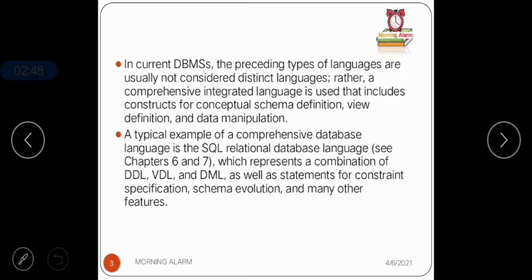A typical example of a comprehensive database language is the SQL Relational Database Language. In this language, we have a combination of DDL, VDL and DML as well as statements for constraint specification, schema evolution and many other features.